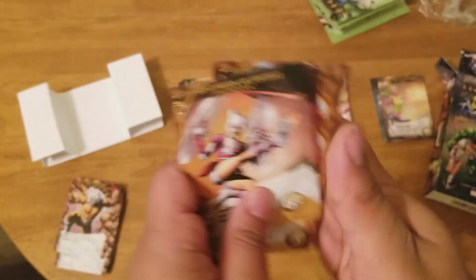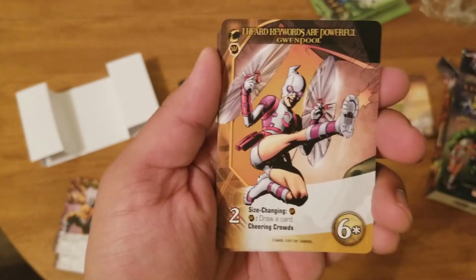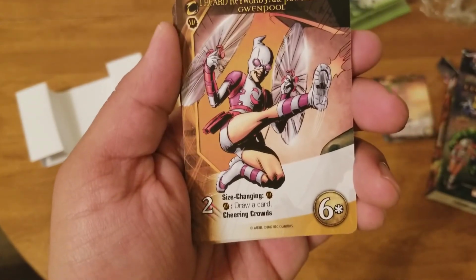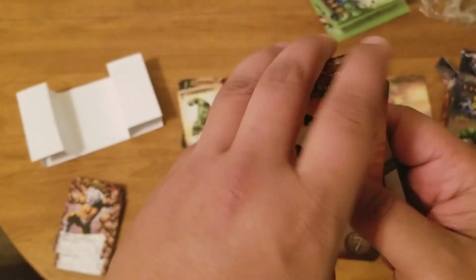Yeah, those are her commons. So her uncommons, which should be 3 of them, yeah. Size changing, and then you draw a card, and Cheering Crowd. So drawing cards is always really nice. And then her rare,